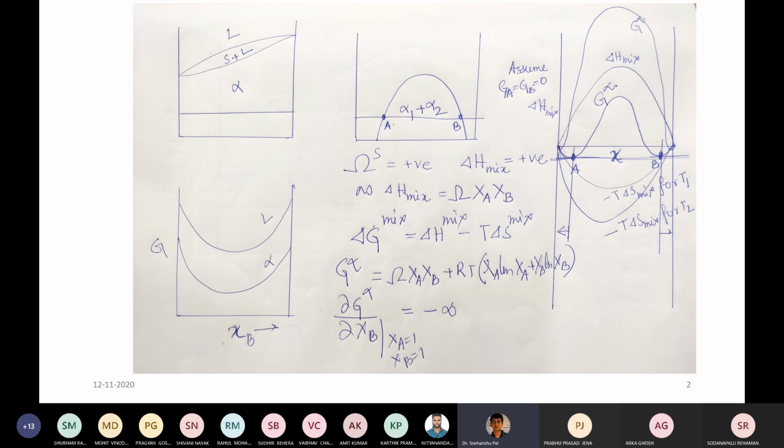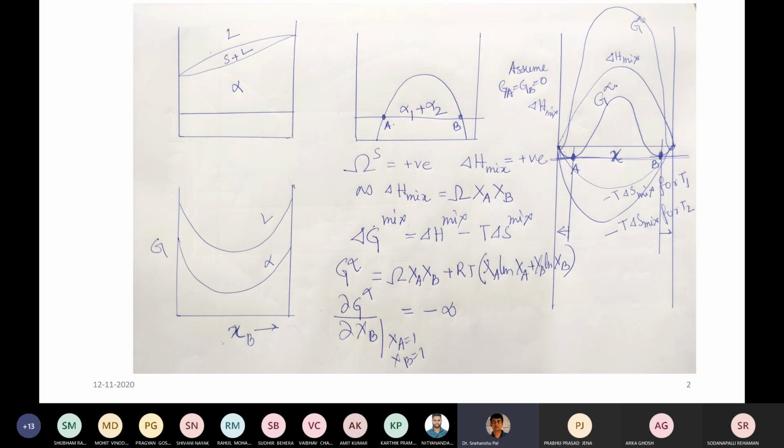And if you take the derivative of that, which I have already written in the slide, we understood that if XB or XA goes to 0 in either case, you will get minus infinity,